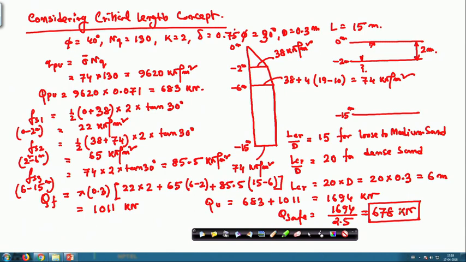Okay. In the same method, we have done considering full effective overburden pressure, one problem, and another problem we have done considering critical length concept. So, now both the methods people are using. Now, one thing, it is the designer's decision which one they will choose, but I will show you both the methods, and then in layered soil also how we will take care of the problems considering critical length and without considering the critical length. Okay.